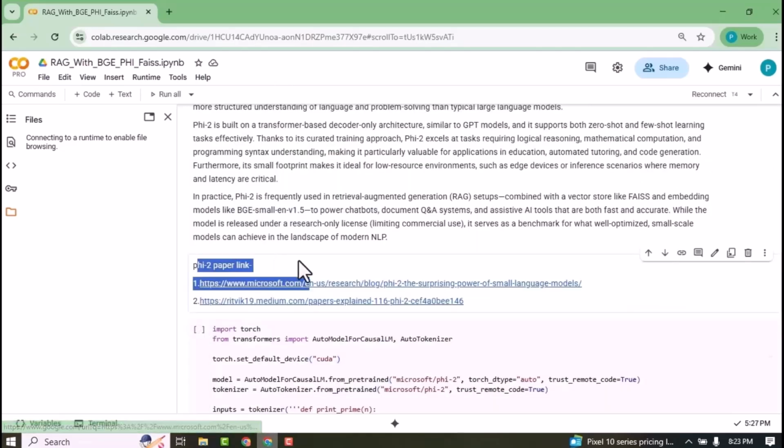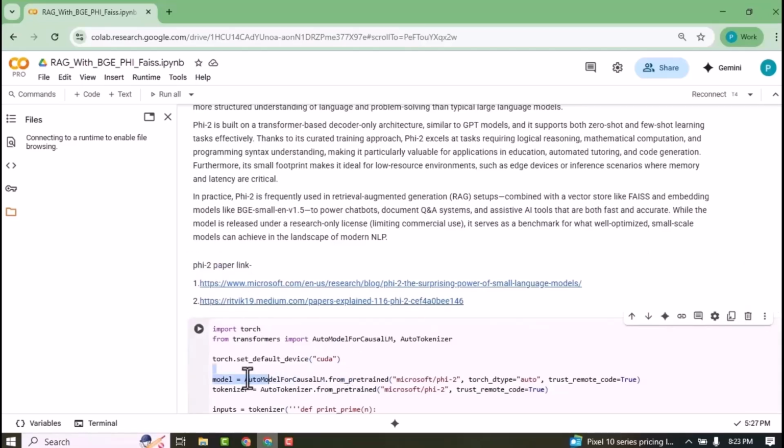Here I have given two paper links. You can go and read the entire documents at link 1 or link 2. Next, we will be going to initialize the Microsoft Phi-2 model and download it from the official